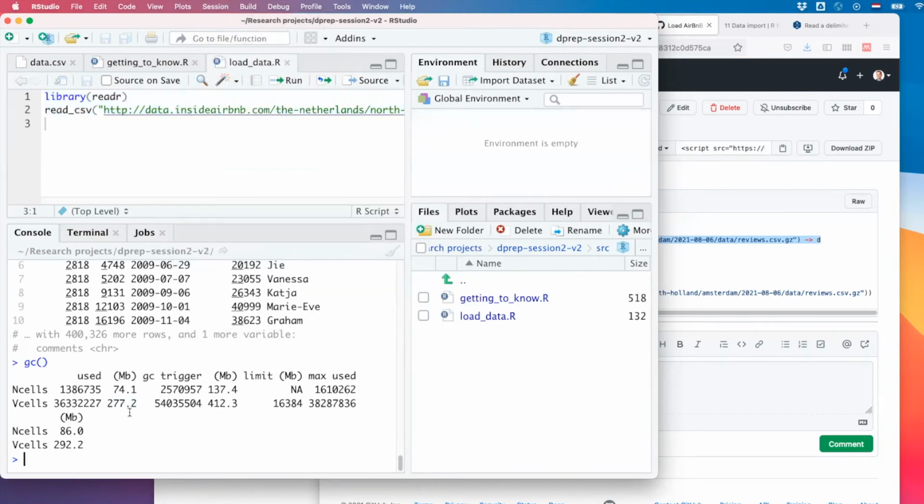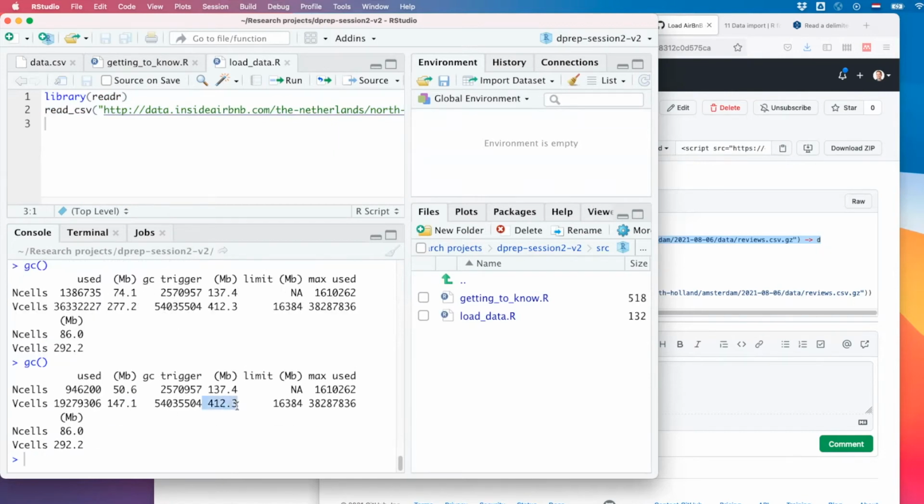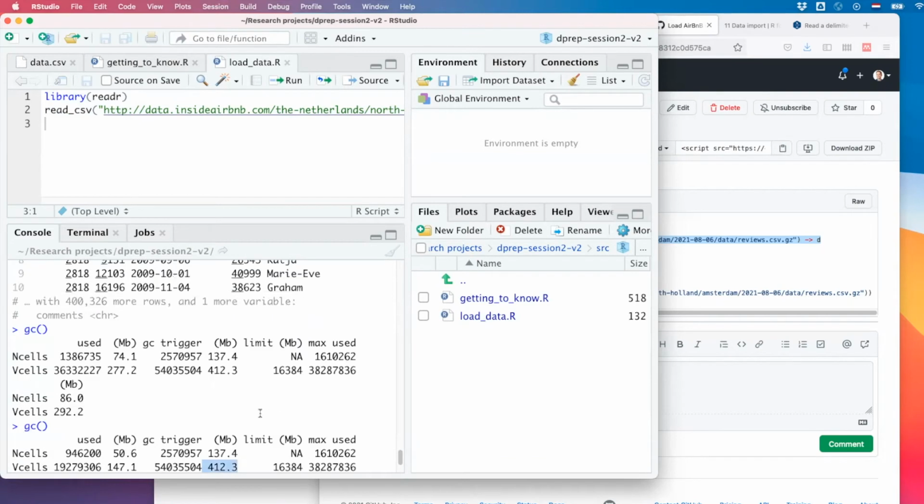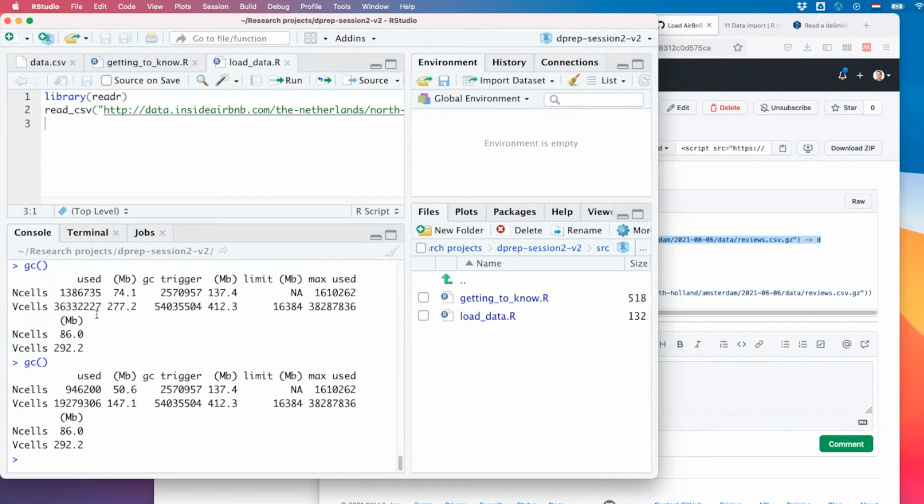Yes, remove everything and run the garbage collection again, GC, but you'll actually see your memory hasn't changed. It's still occupying this memory. Well, maybe a little less here, but it's still full. And that has to do with the fact that R can't properly delete the memory. Well, it can free up memory, but it will only